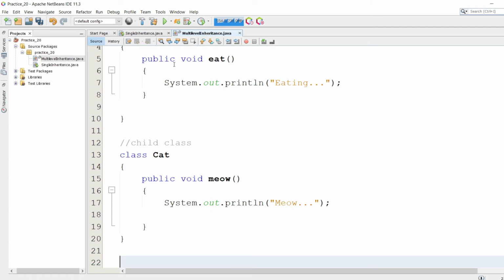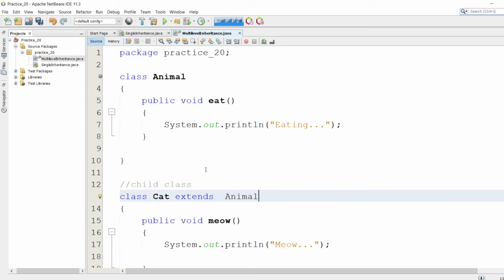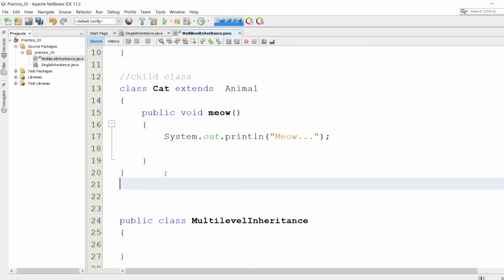And now this should extend the parent class animal. Up to here this is single level inheritance, but for achieving multi-level inheritance let's